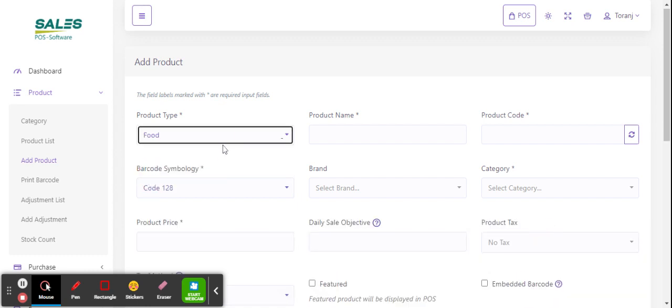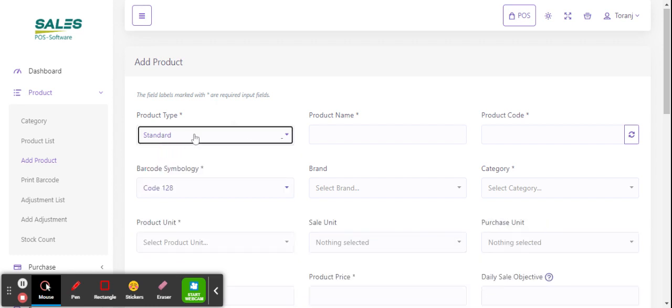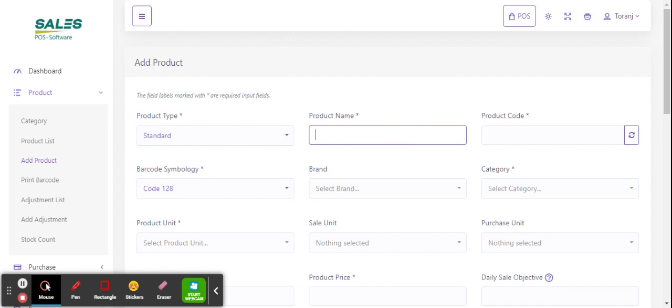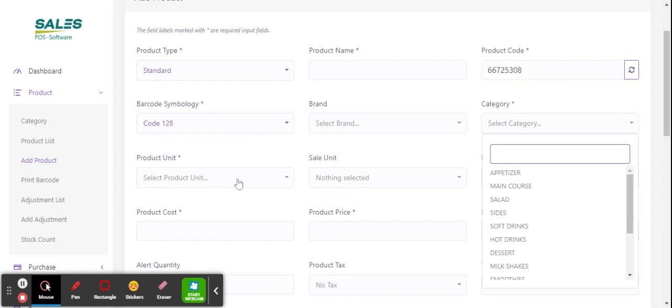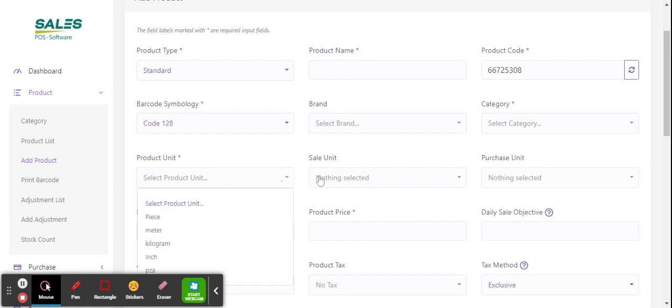If you are selling the food, you want to add the food, or you want to add the standard product which has got quantity. So this form has got some input text where you need to fill the product name. You can generate the code which identifies the product uniquely. You can leave the barcode symbol since your product has not got the barcode. You can select the category which the product belongs to. This is the unit. So if you're selling by pieces or you're selling based on kilogram or meter, you can